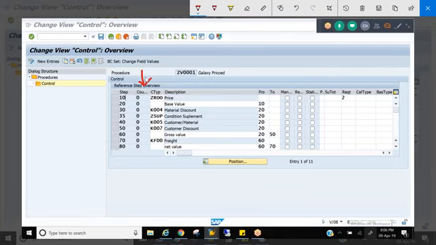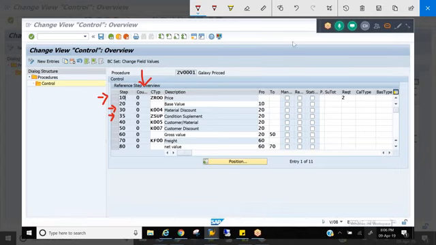Then next is counter. Sometimes projects can be 10 years old, 15 years old, and in such old projects you will not find steps available to place the condition types. Let's say we use 30, 31, 32, 34, 35, up to 40. If I want to place a condition type, I don't have any space.